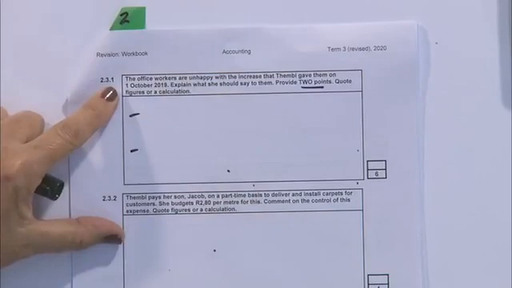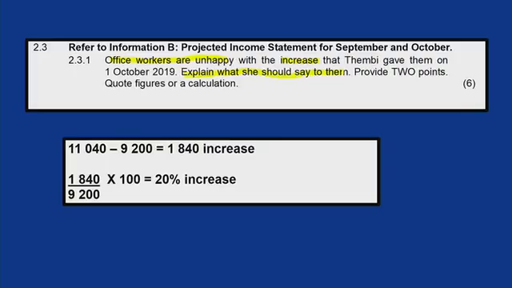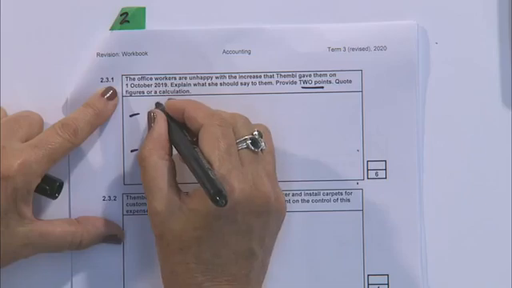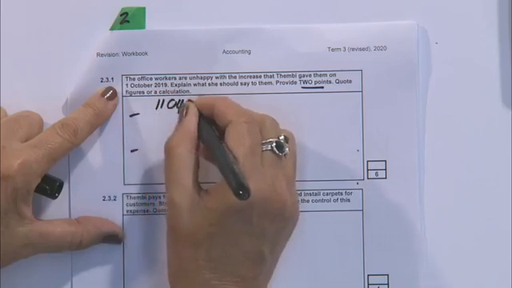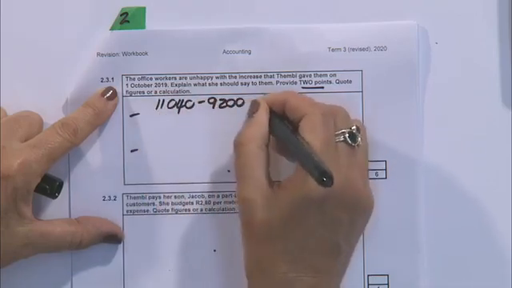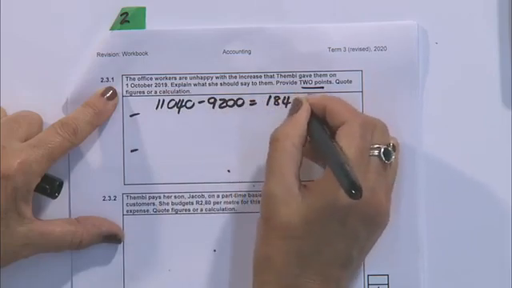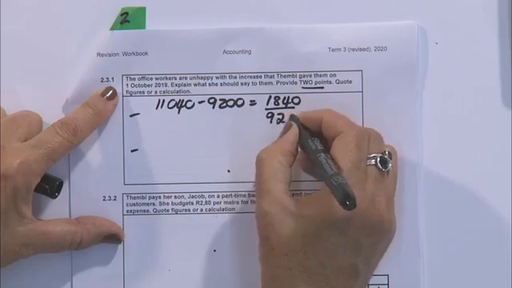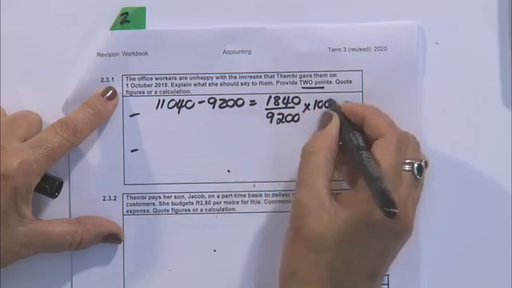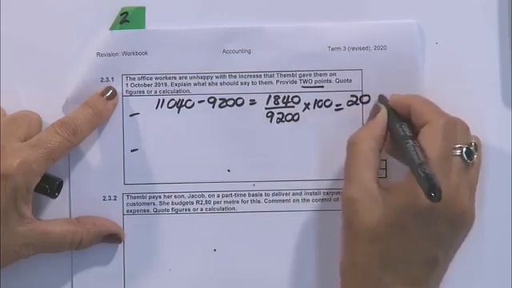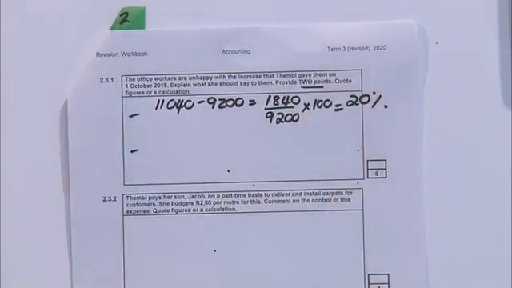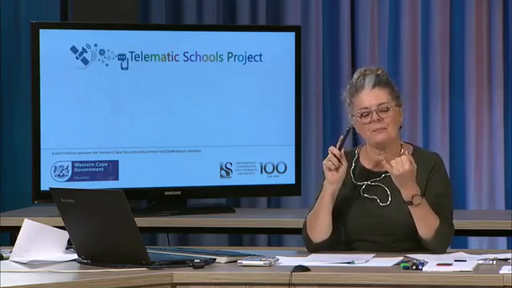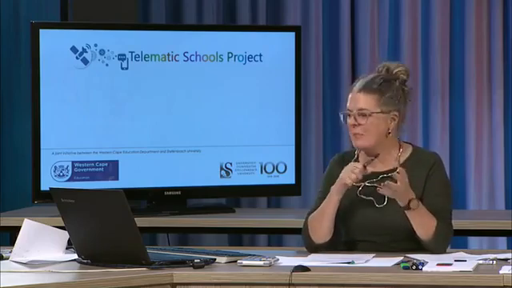Now, the first thing I would do, and it's also on the screen, I would work out that they received a 1840 increase on their original salary. Now, I hope you agree with me, you cannot be unhappy with 20%, because when it's about salaries, you have to understand there's the inflation rate, let's say plus minus 4 to